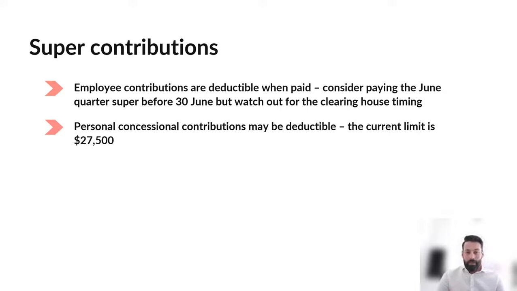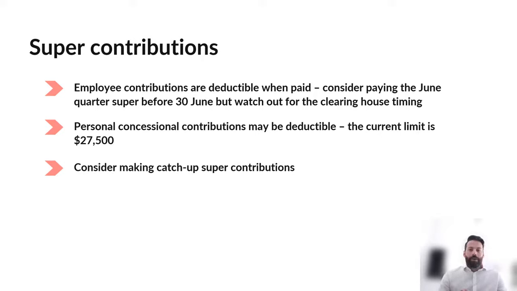You'll pay tax on it in your super fund. Super funds are taxed at 15% on that income. But let's say, for argument's sake, you're at the top marginal rate and you're paying 47 cents in the dollar. You can see pretty clearly that there's a differential between the tax that you would pay in your personal name versus what the super fund will pay at 15%. So that's where there's a tax saving: you get a deduction at 47 cents, but you're only then paying tax at 15. So the difference between those two tax rates is your tax saving.